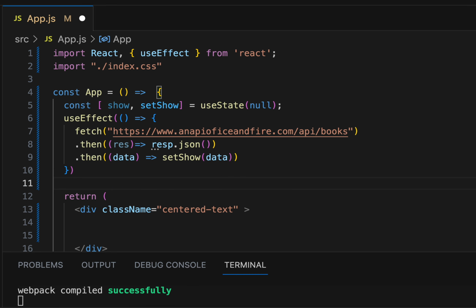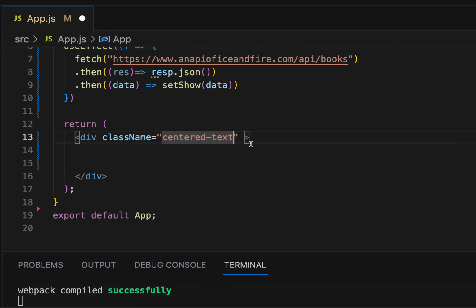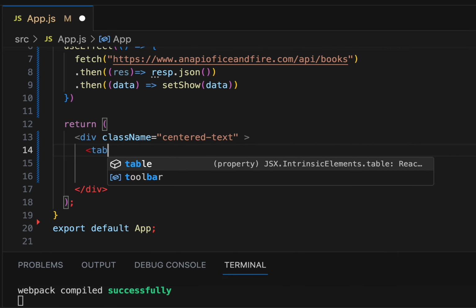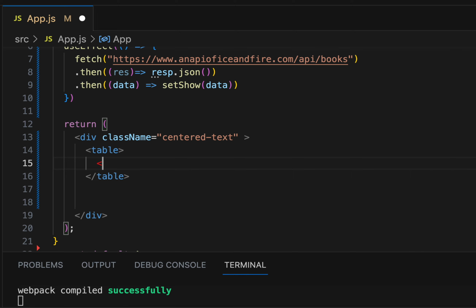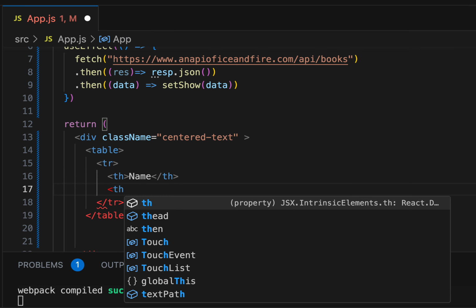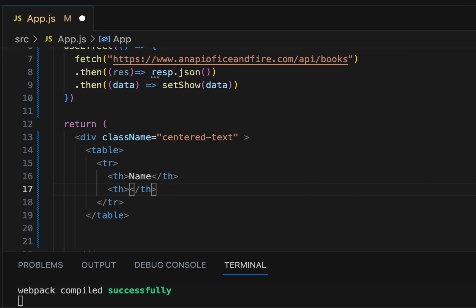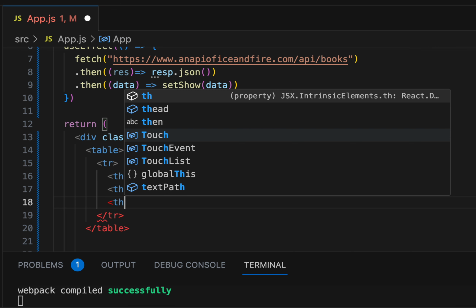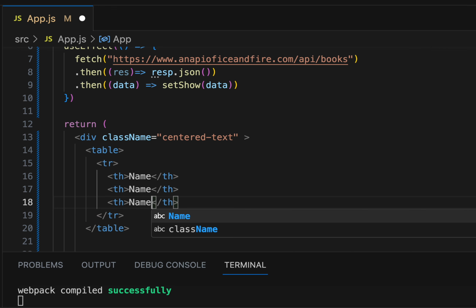Now we've got the data, so we will display that in a table format. Let's first get a table, and then first show the names of it. Let's do name. As we don't know the columns of it, first let's do name itself, everything as name, and then we'll see the API columns, and then we are going to replace that with the appropriate names. Okay,